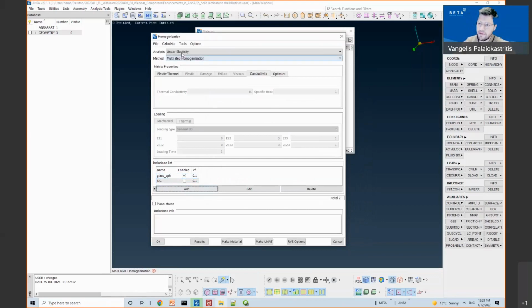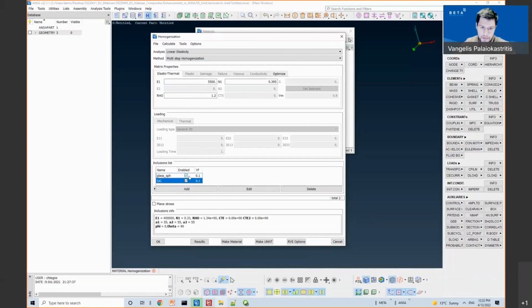Once the settings have been specified, they can be saved into an XML format and accessed by the tool. Now, once I have specified the material model and the properties for matrix and inclusion, of course, I need to specify the volume fraction of the inclusion, so I can have multiple inclusions defined, and I can enable more than one inclusion inside the volume of the matrix.